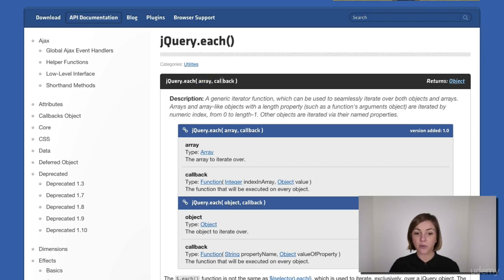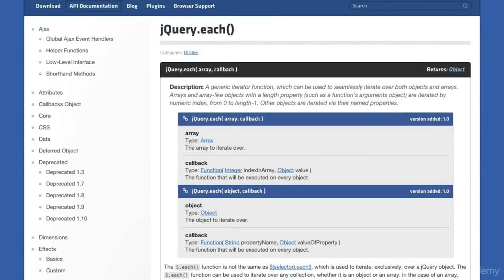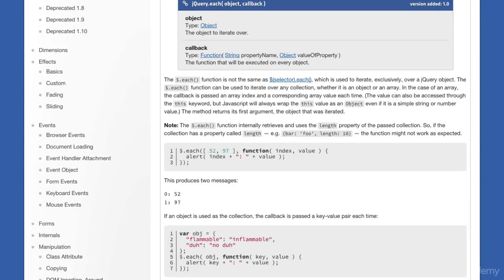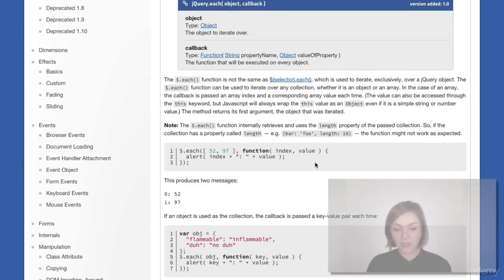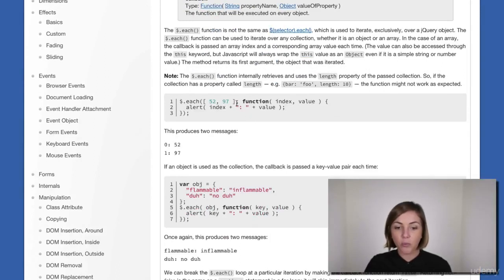So in this case, that's going to be our callback. We're going to pass in our apartments array. And then what our callback method is going to do is create an HTML element out of that apartment object. So let's go ahead and just have a brief look at the examples. Here's an example with an array. In this case, we want to pass in our array of apartment objects, and then we have a callback function. And this callback function is going to work with the index of the array element and the array element